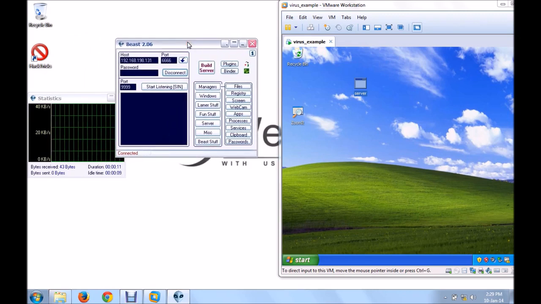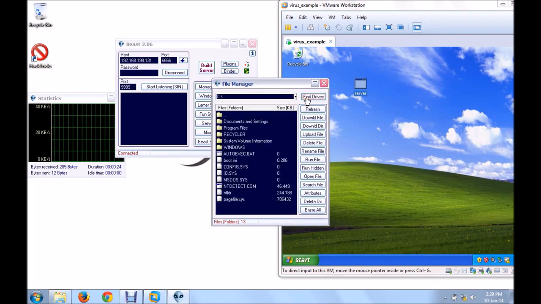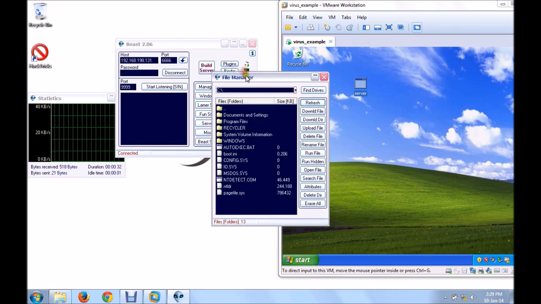Now once we are connected to the client, to the victim, we can see these many things. In the manager section we can view the files. See, right now I am viewing the victim's C drive. Similarly, if I want to download a file from the victim's computer, I can select and click on download file. If I want to download a directory, select a directory, click on download directory.